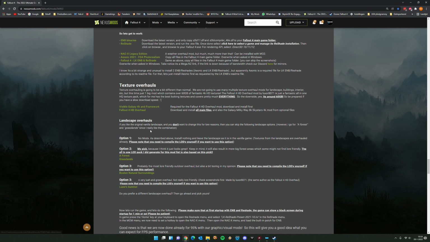HD overhaul did already retexture most of the landscape stuff, the rocks and trees and plants which are in Fallout 4. And for that you can ignore this option completely if you want to have the vanilla landscape, because I have to be honest, if you're going to install a forest or this mod from Luxor Summer, it definitely changes the game in a way that the more empty landscape is really more vivid. And I can understand that it might not be your thing. If you really like the original landscape of Fallout 4, then I can understand you don't want to install a